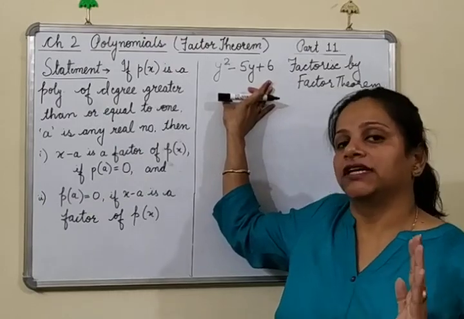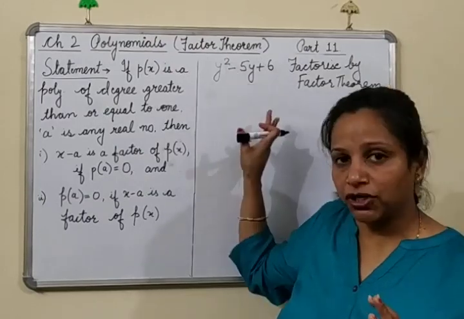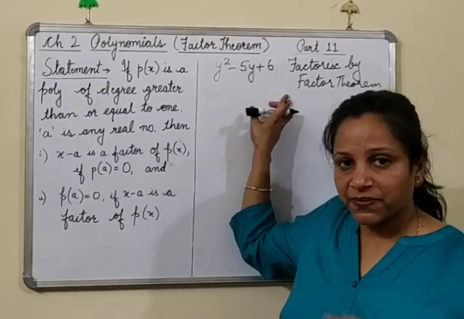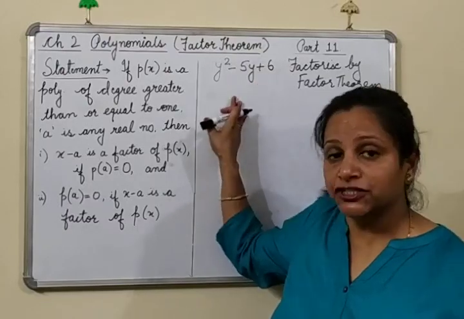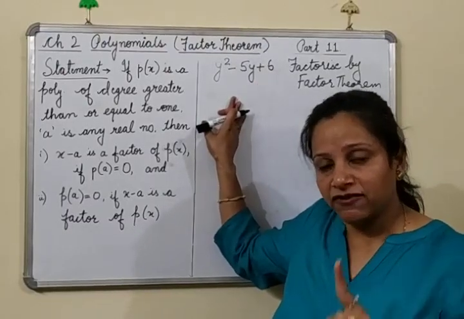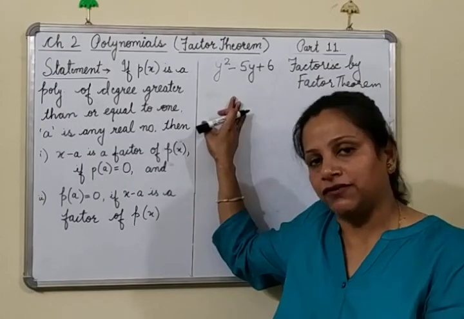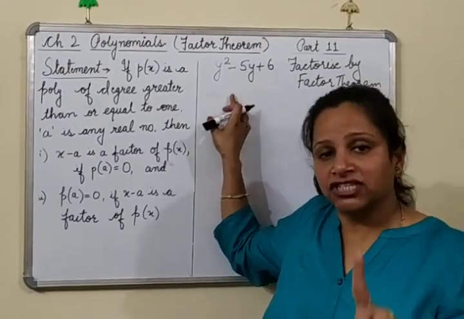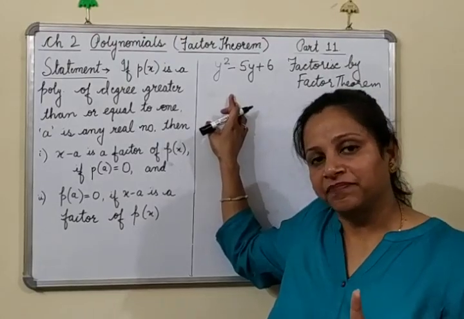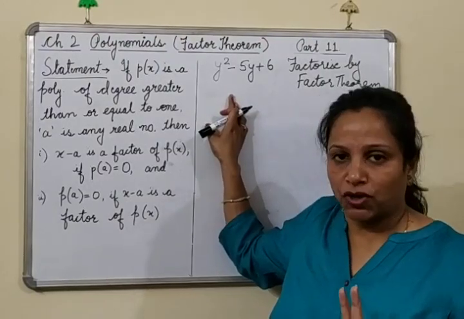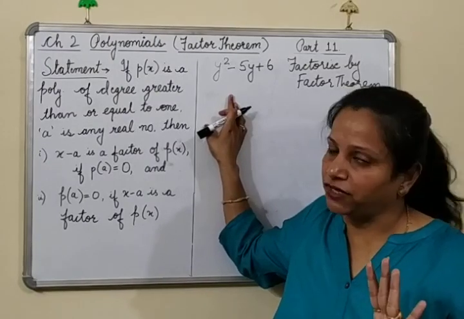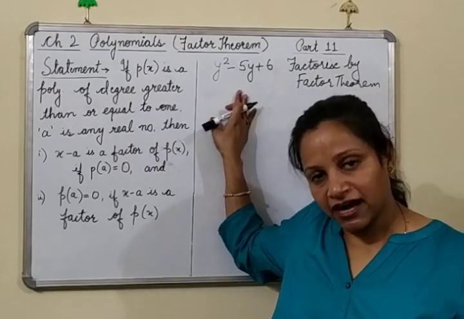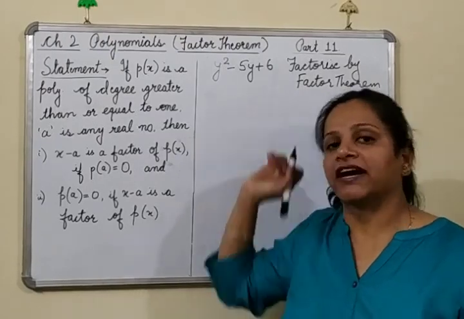Now there are various ways of finding the factors of any type of polynomial. One is you can factorize it by factor theorem. Second is you can do it by the splitting the middle term method, that I will be telling you once again in my next video. And third is find the first factor by hit and trial method, and the second on dividing both the polynomials. So there are various ways of finding the factors. But now in this question, we are given that we have to find the factors using factor theorem.